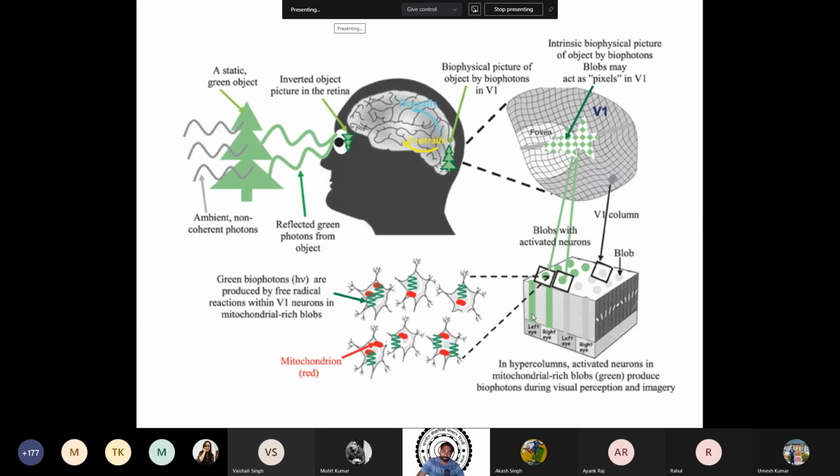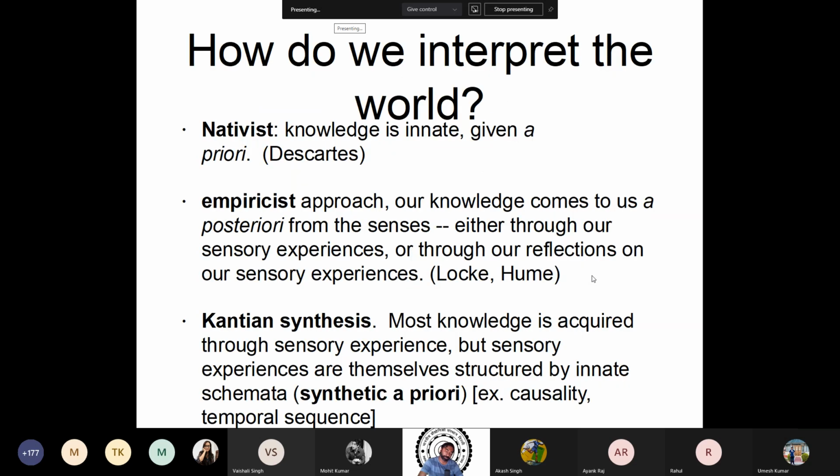By the way, here you see that these different columns represent the left eye, then the right eye, then the left eye, then the right eye. Nobody knows the reason why this is so, but this is how nature has created us. You have alternate columns representing the left and the right. Some people argue that this is because of adding redundancy, and probably that's true. It's very unsafe to put all the lefts together and all the rights together. What happens if a stroke happens or a hole gets created in your head because of a stroke? Then all of this is going to go bad at one go. That's one position. Okay, so let me proceed further.